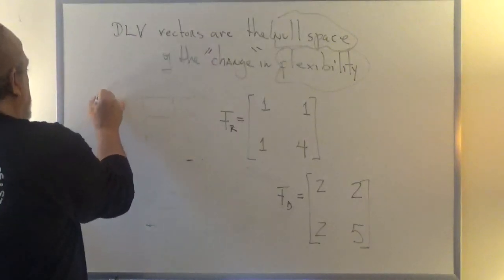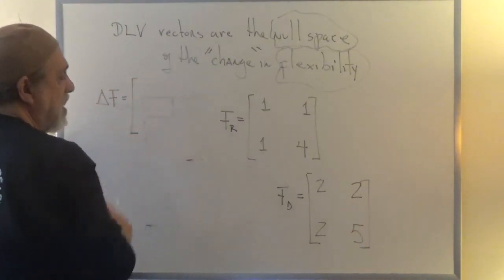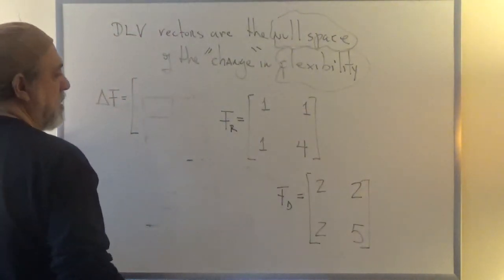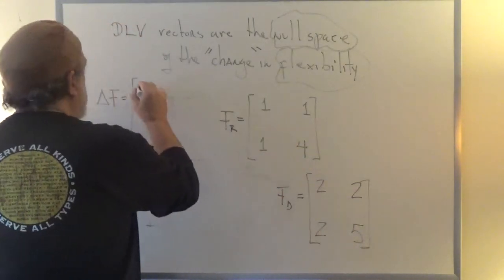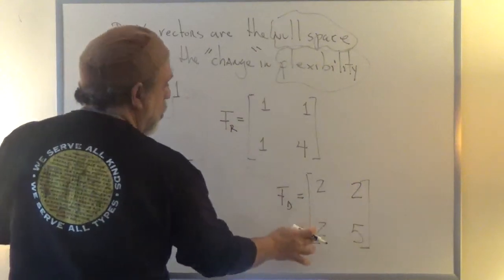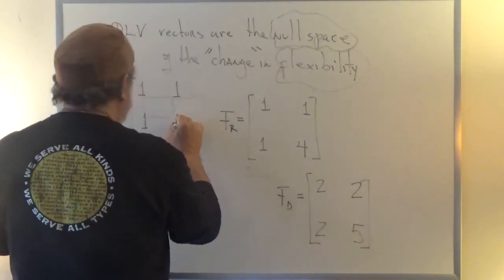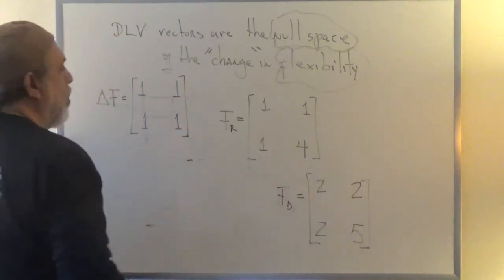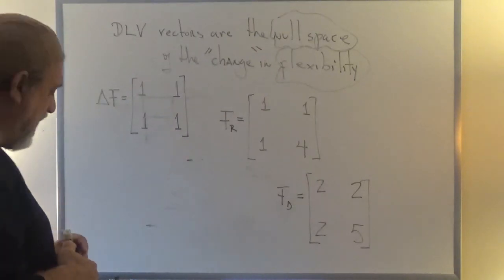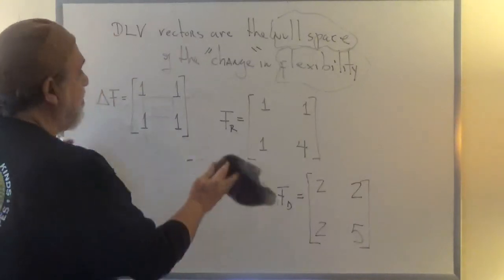So that means that the first step we do is to calculate the change. And the change in the flexibility simply is the damage flexibility minus the undamaged flexibility. So 2 minus 1 is 1. 2 minus 1 is 1. 2 minus 1 is 1. And 5 minus 4 is 1. And so we see the change in the flexibility,